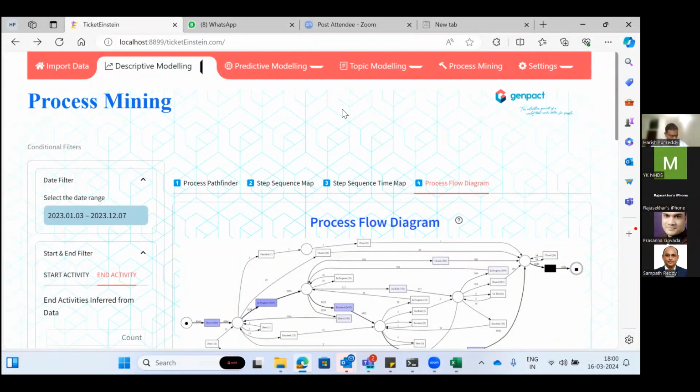I'll just add to what Harish said. In a de facto way, we are still doing a bit of risk management, Raj, in a way wherein, for example, if you look at the prediction modeling we are doing, we are predicting certain insights or metric outcomes in advance, wherein the outcome might be a bit negative for the project team. We are upfront predicting, and that risk is getting mitigated in case there is some course correction done.